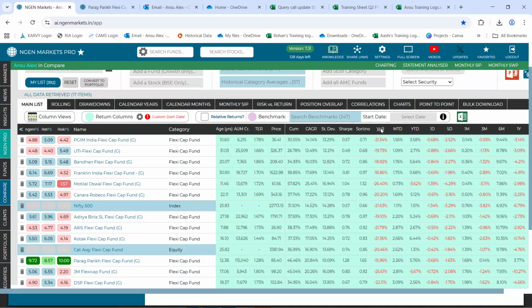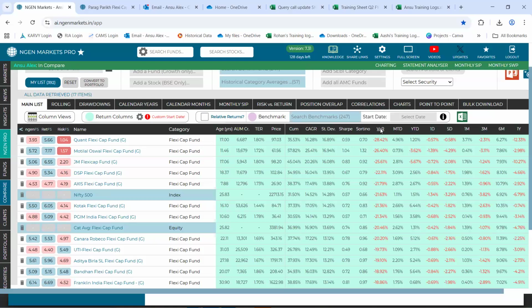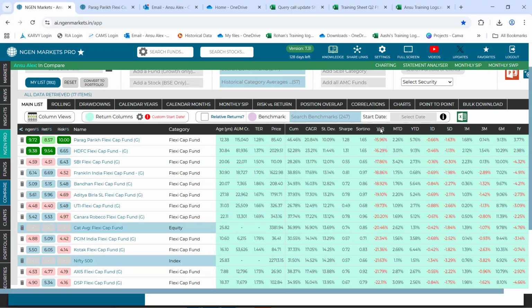Now we can focus upon VAR, which is this column, and just by clicking on the column heading, you can sort your data either in the ascending or in the descending order. Now, basis the downside risk that we are focusing on for the previous 2 years, we can see the lowest is for Parag Parikh, followed by HDFC Flexi Cap, which is ranging between 15 to 16 percent. And we can also observe that there are these 7 or 8 funds whose downside risk or VAR is in fact lower than the category average as well as that of the benchmark too.